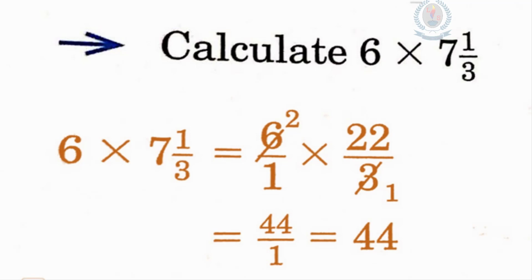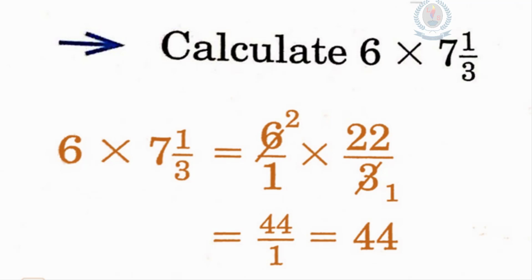As we studied in earlier classes also, if you want to convert a whole number into a fraction, you should divide it by 1. The second fraction, which is a mixed fraction, you have to change into an improper fraction. So the whole number will multiply with the denominator and add with the numerator. So 7 multiplied by 3 is 21, 21 plus 1, 22 by 3.